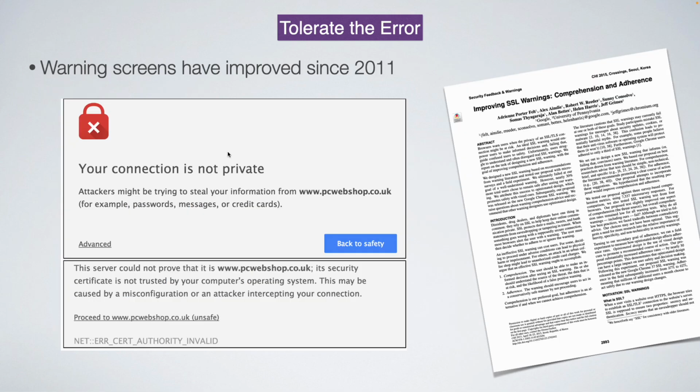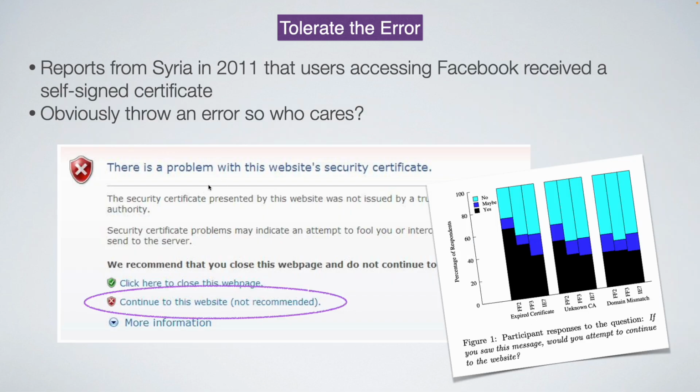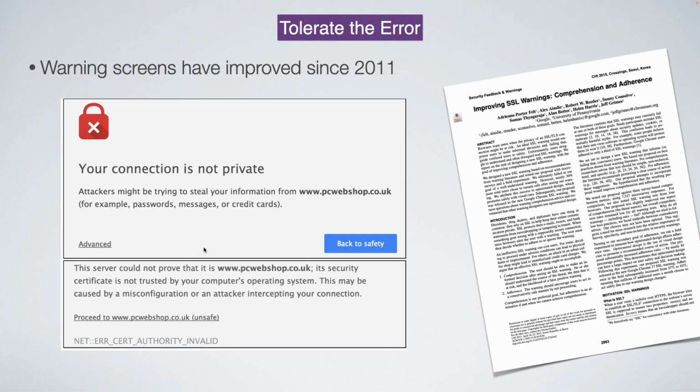The first difference is that the language is extremely simplified. In the old warning, there's lots of talk about certificates and security and servers, lots of technical jargon. Here, there's none of that. It just says, hey, your connection might not be private. Attackers might be trying to steal your information. So it's in very plain language. The second thing is